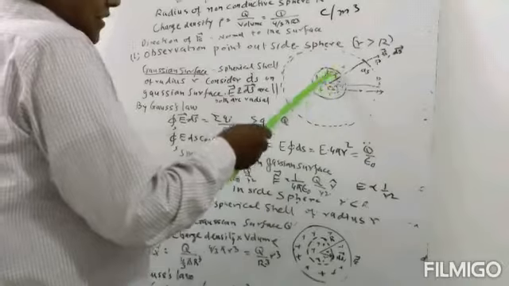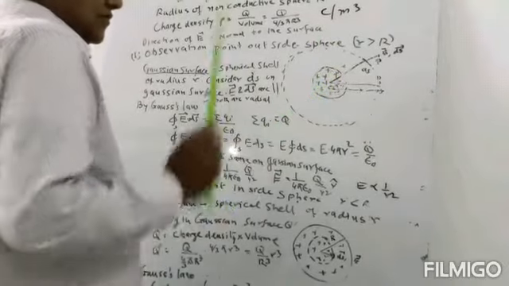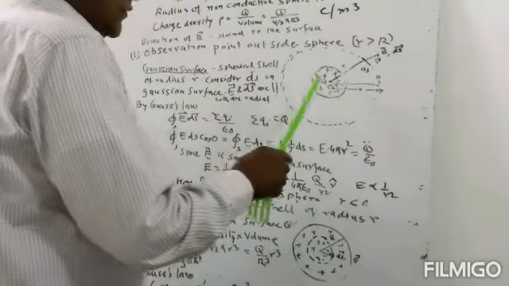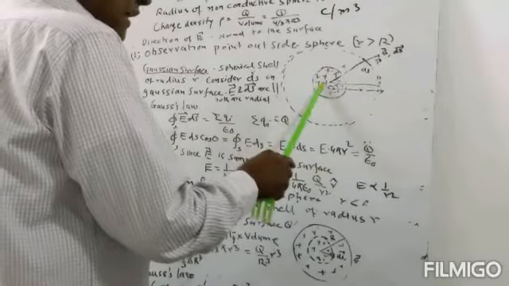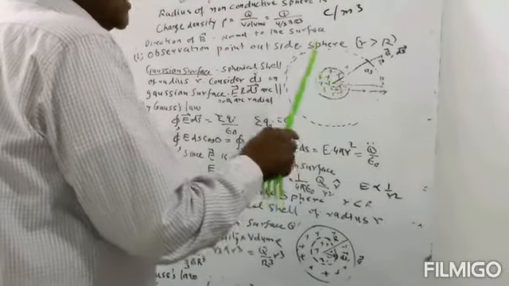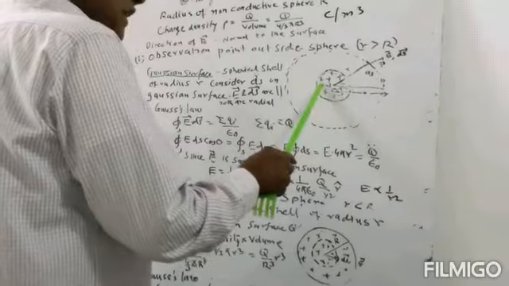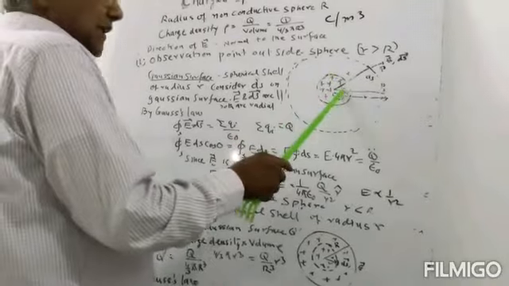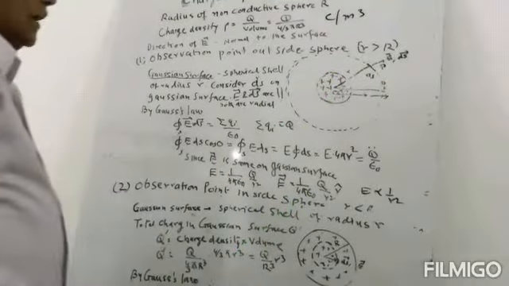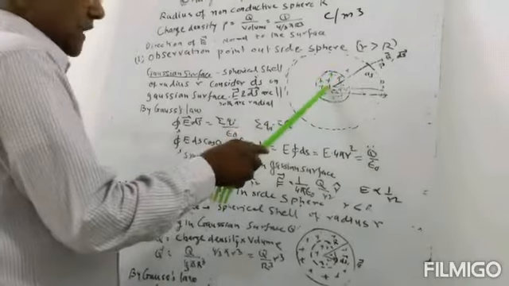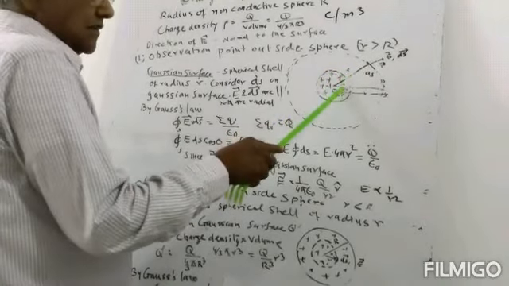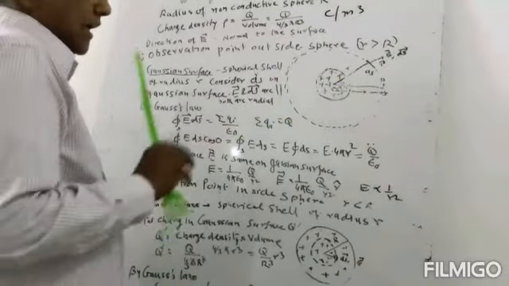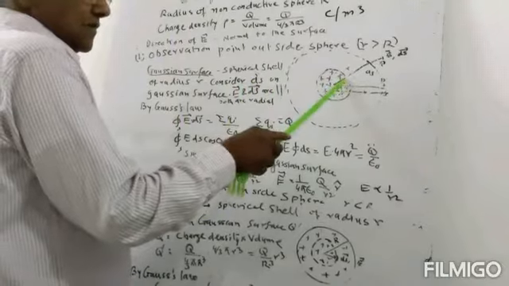Now we will find the electrical field inside the non-conducting sphere. In a conducting sphere there was no electrical field, so the electrical field was 0. But in a non-conducting sphere, the electric charges are uniformly distributed inside it. Now we want to find the electrical field at point P, which is at a distance small r from the center. Then we will draw a Gaussian surface, and the Gaussian surface will be a spherical shell whose radius is smaller.